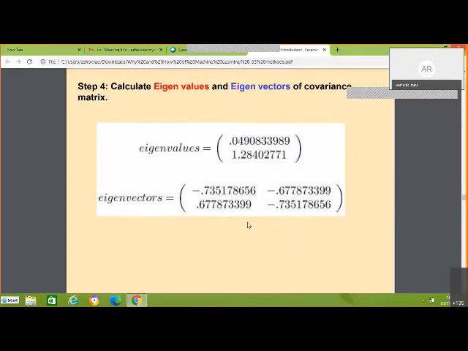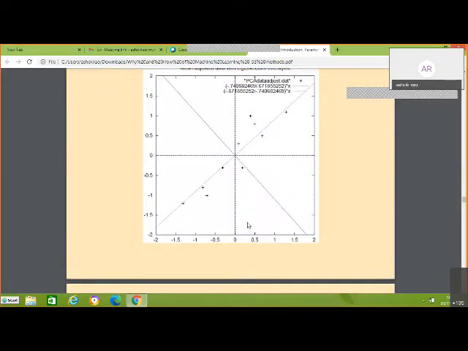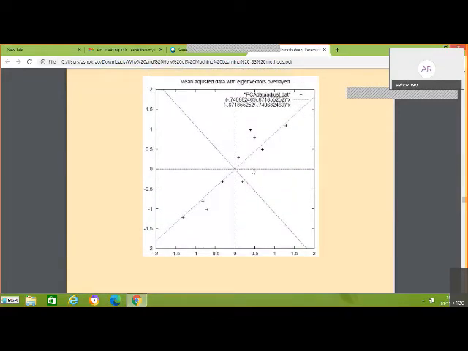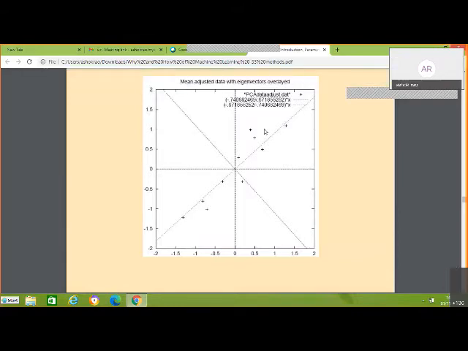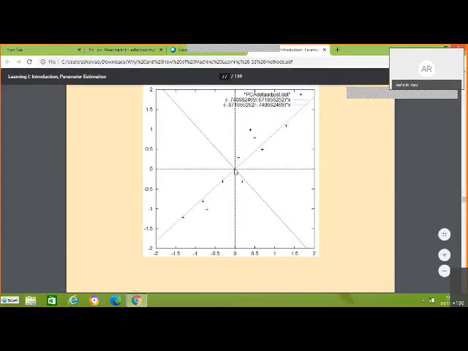Now what? Plot. If I plot all the points now, that is the matrix adjusted points, all the points which were there in the first quadrant here are now located here. Same points. It is mean shifting. It is like centering the data around the x-axis and y-axis. This is the same data with the same covariance and other information, which has just been shifted geometrically from here to here.